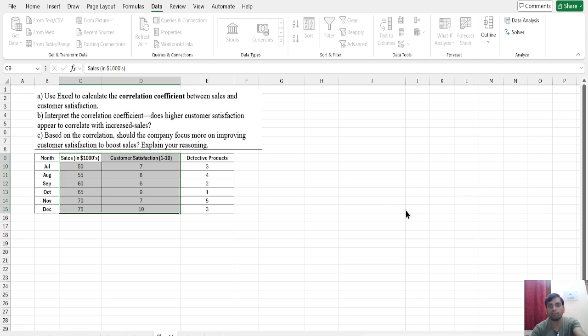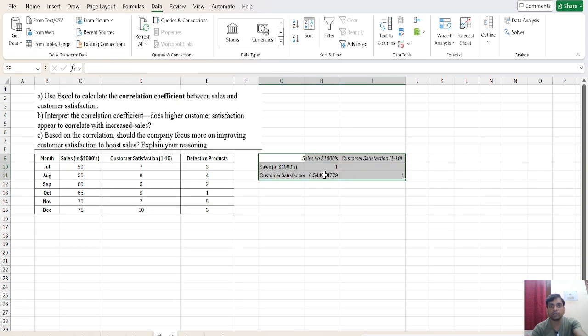Now the next option is Labels in first row. As we are selecting these column headings also, we will click on this label option. Otherwise, if we are taking data starting from this 50 or from this 7, we will not consider this as a label. So we will click on it because we are selecting these headings also. And if you need to find the result of this correlation analysis on the same worksheet, we will click on this output range, and then we will click on this block and select a block where we need to find the answer. So click in this block and then finally we will click on this OK button.